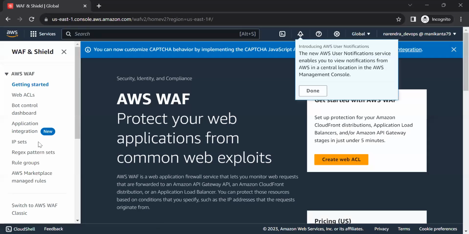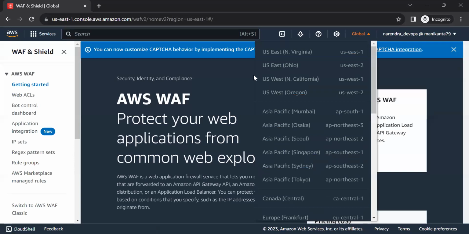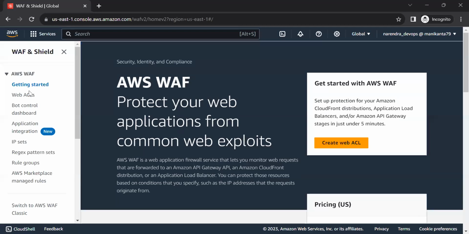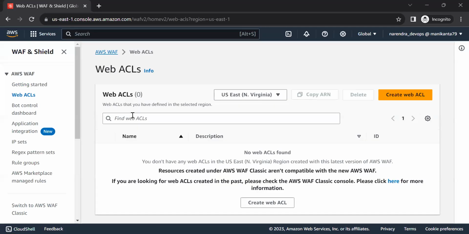So here we are in global, right? AWS Shield is applied for global resources and regional resources, meaning S3 is a global resource. EC2, VPC are regional resources. But with AWS Shield, you can apply everything on the regional as well as the global resources. Now let's talk about the web ACLs, which are the main heart